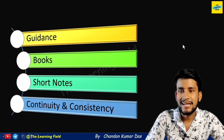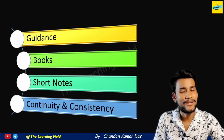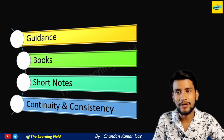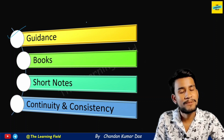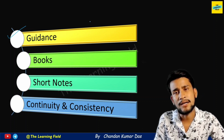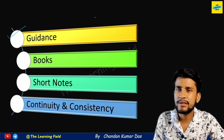Okay, now we come to the most important thing. What do you need for your exam or to prepare well for your exam? One is guidance. देखो, आप सेल्फ स्टडी करके भी एग्जाम क्रैक कर सकते हो, एंड आप कोई कोचिंग लेके भी क्रैक कर सकते हो।